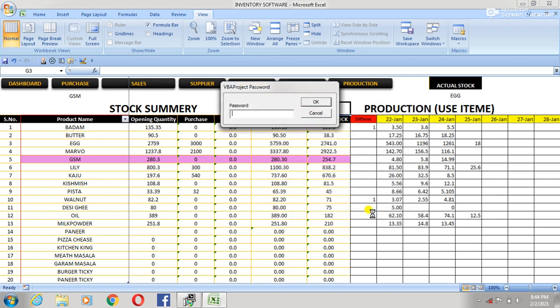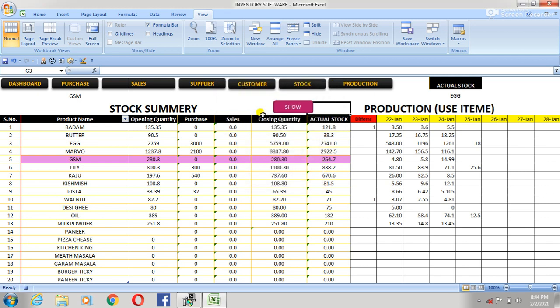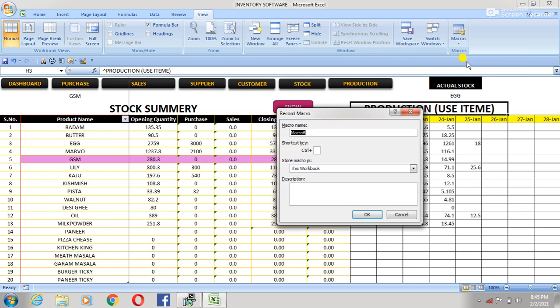I'm not giving a shortcut key. After that, press Enter and the password, because I protected my sheet. My password is Akash. Okay, record the macro again, because you should clearly understand.